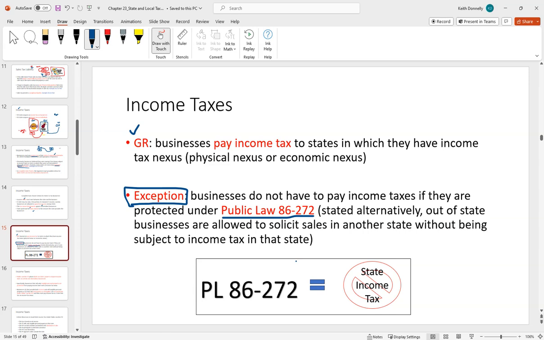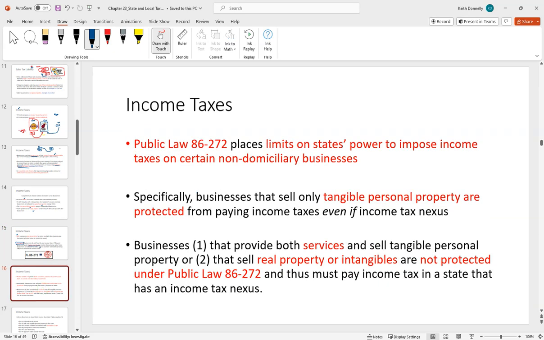We will not be able to under federal law. Stated alternatively, out-of-state businesses are allowed to solicit sales in another state without being subject to income tax. So PL 86-272, that federal law, places limits on the state's power to impose income tax on certain non-domiciliary businesses,